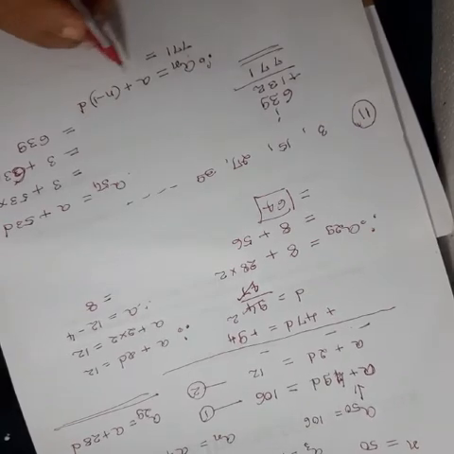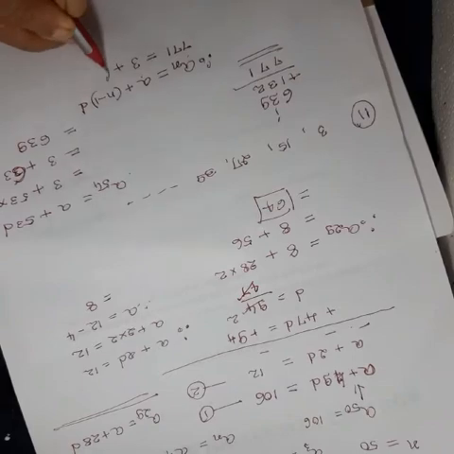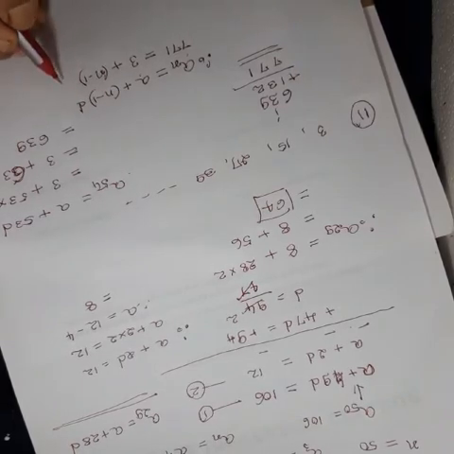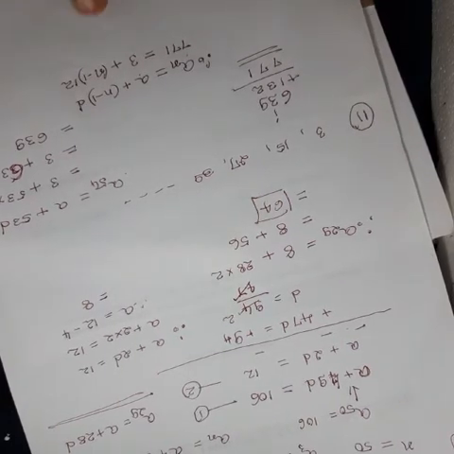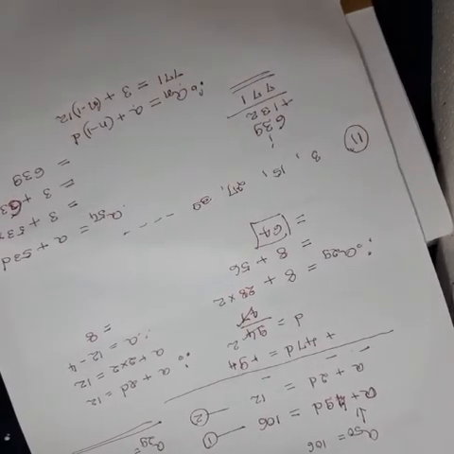So in order to find n, put the value of a, which is 3, and n you don't know, you are going to find it, and d is 12. If you work this out further, you will get the value of n. So this is the way to do it. I won't do it further.